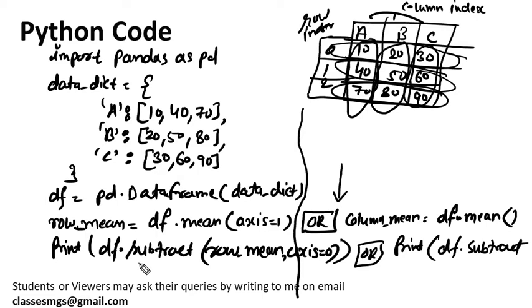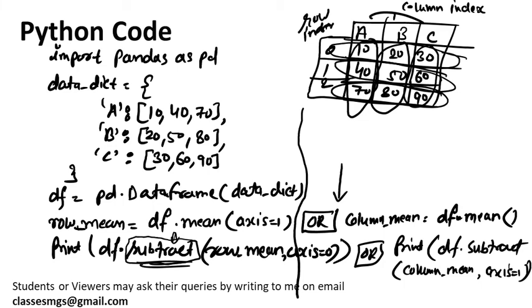This problem can be converted into add, multiply, division in a similar way. If you want to add the mean to each element of the row, then you can use the addition method. If you want to subtract, subtract method, division, division method, multiplication, multiplication method. So 4 methods are available. You can perform all the operations. So df dot subtract, then you can pass the column mean and axis equals to 1 here. So this way you can do the second portion of this problem if you want. If you don't want, then let it go.